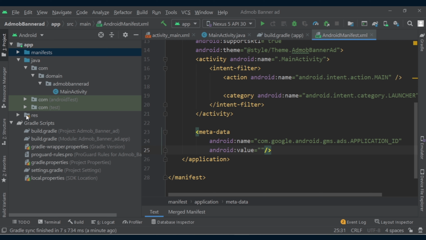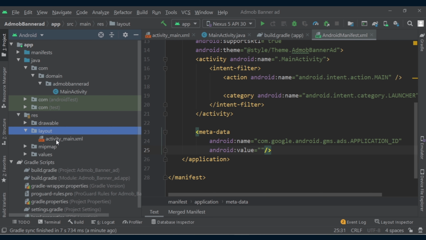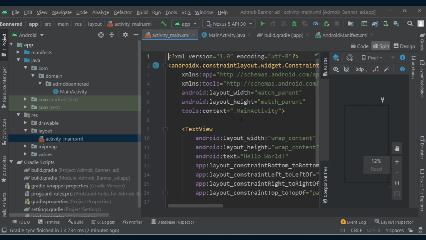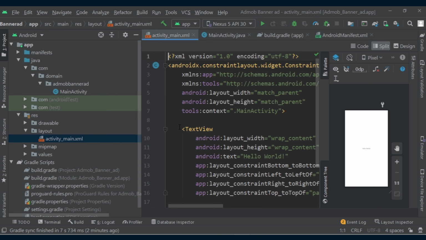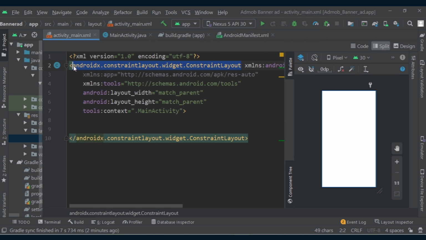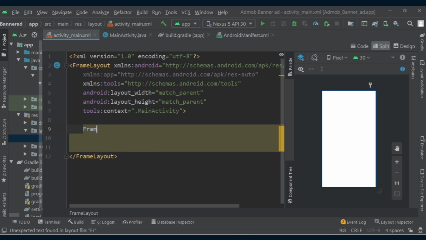Now let's move on to resources. Go to layout and here click on activity_main, and here we will design the layout for the banner ad. So let's remove this, and also change this constraint layout to frame layout.